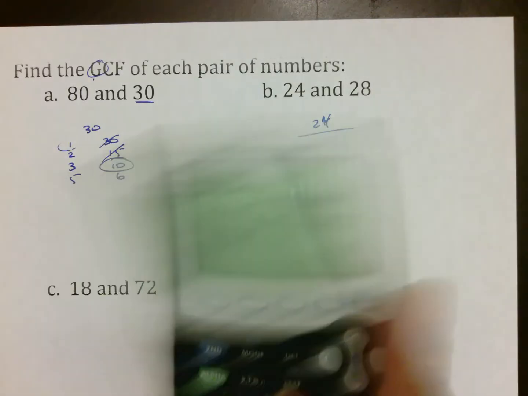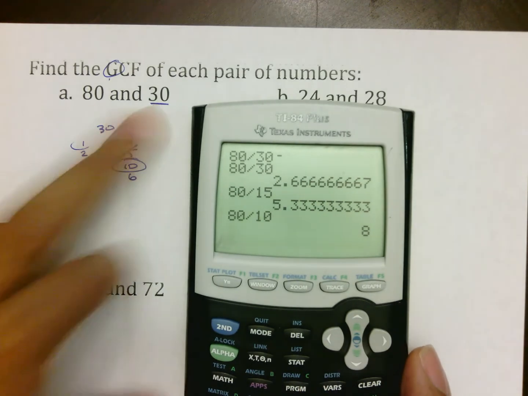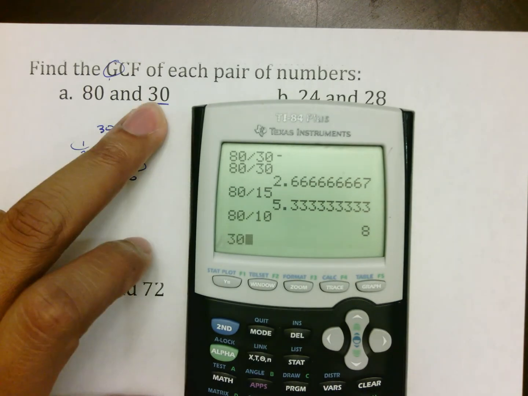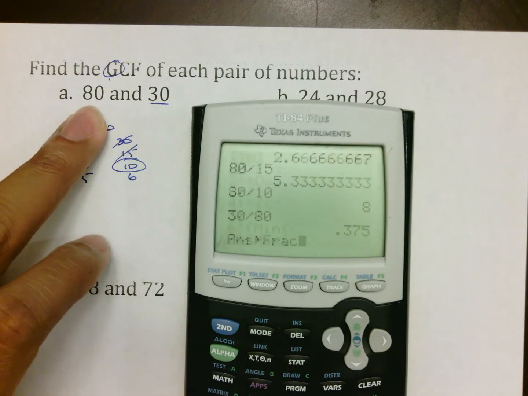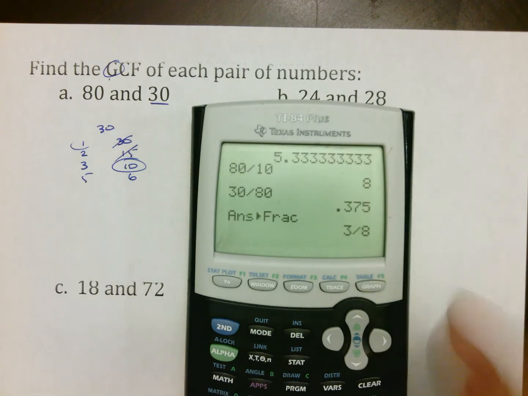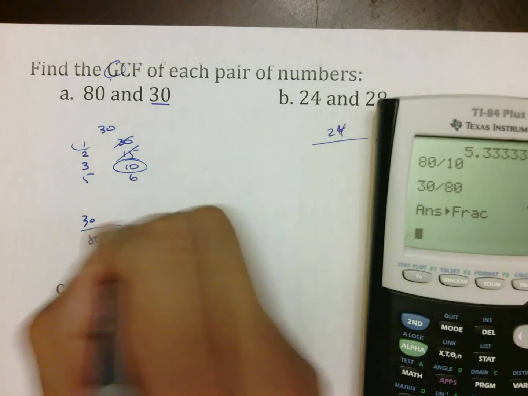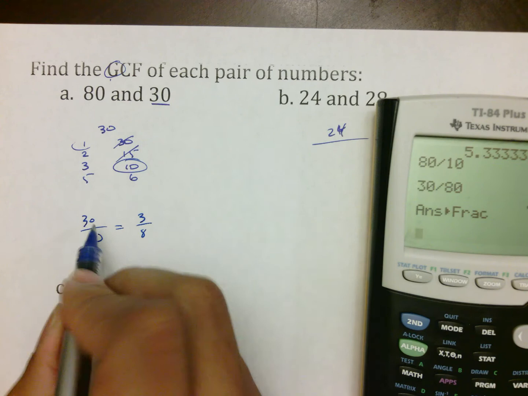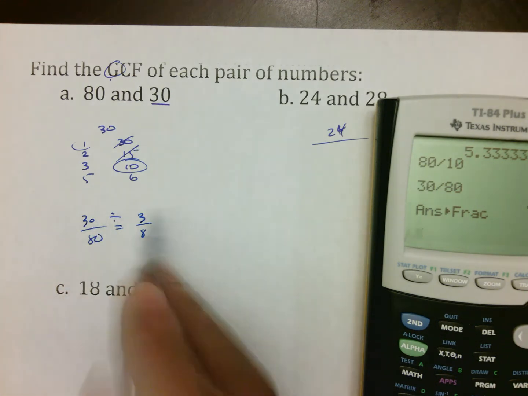I'm sorry, I forgot to show you the calculator way. The calculator way was to put the smaller number on top of the bigger number in a fraction. So 30 divided by 80 equals, and then turn that into a fraction. Now keep in mind, you just did 30 over 80 equals 3/8. Now all you have to do is divide that top row, 30 divided by 3